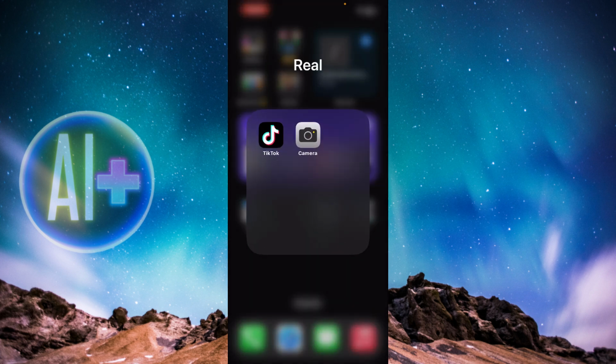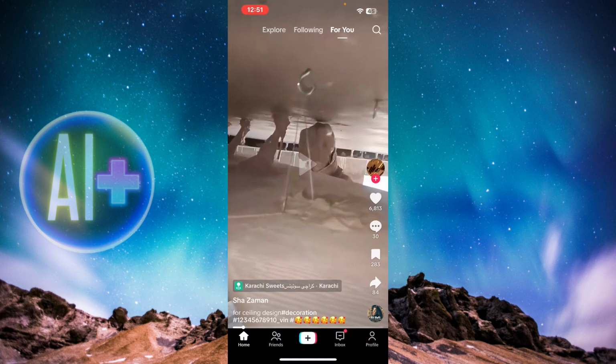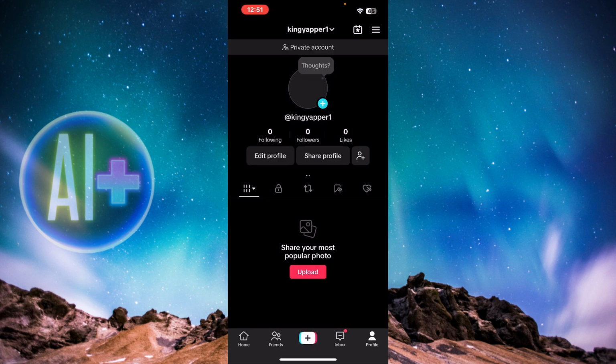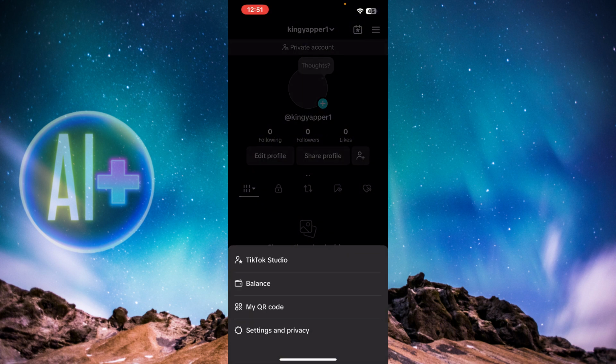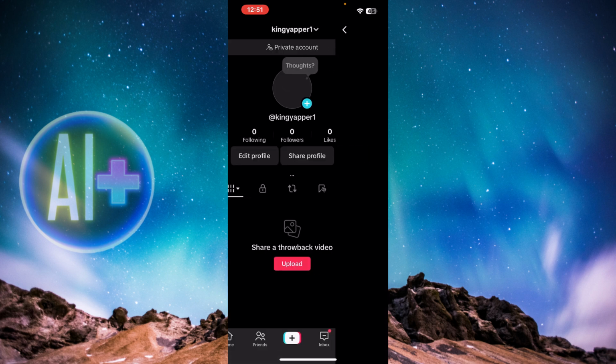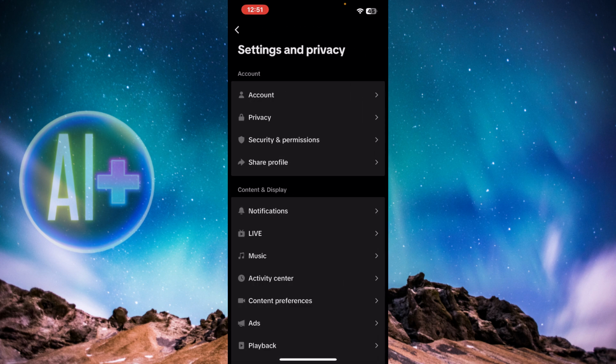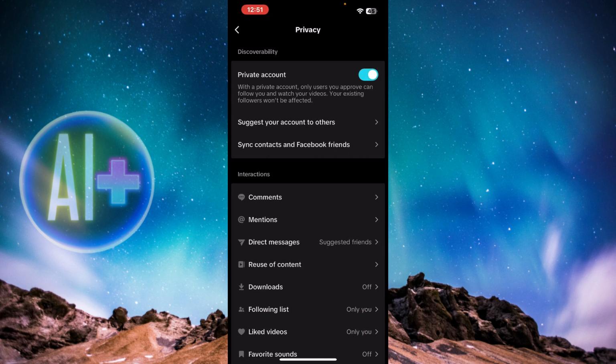First up, just simply open up TikTok. And once you're inside TikTok, just go to your profile. Once you're inside profile, just press on these three horizontal lines on the top corner. And then just go ahead and press on settings and privacy. And right over here, just go ahead and press on privacy again, and you'll see the option of suggest your